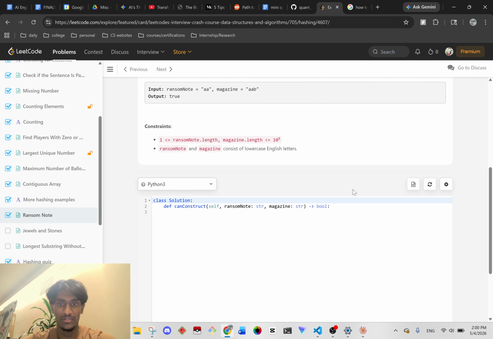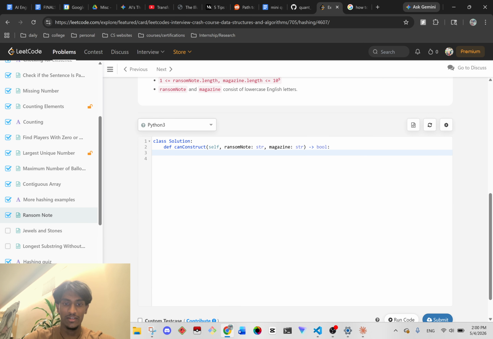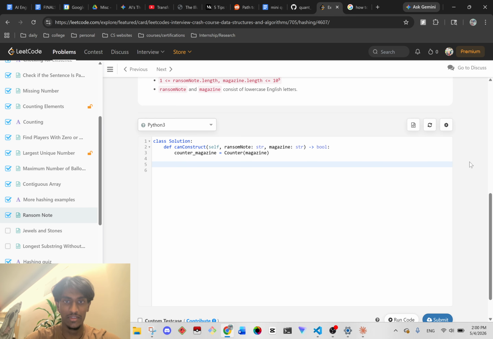Okay, so let's actually code it. All right. An easy one-liner way to get the count of all characters in the magazine is to do this: Counter of magazine. Okay. Then for I in ransom note,